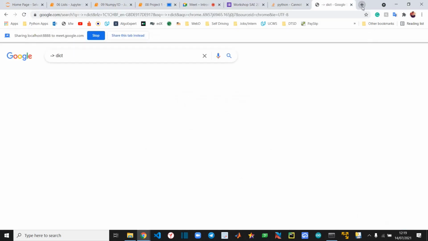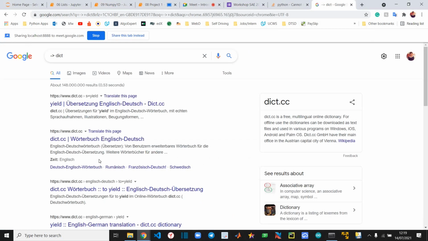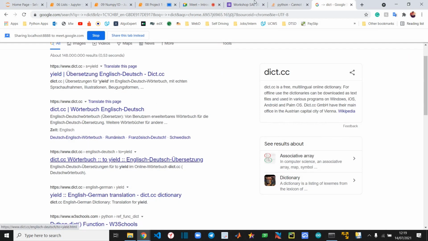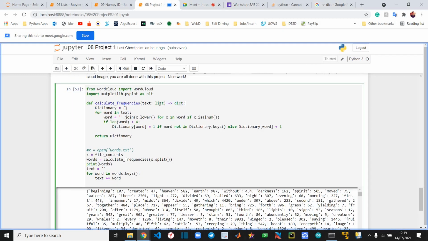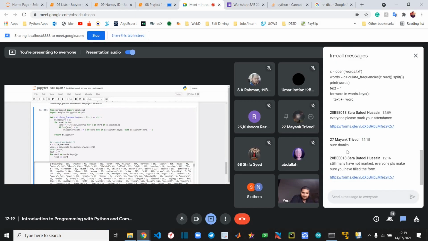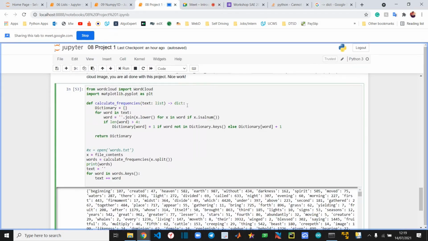Can you tell us why you have used this? I have used this with some classes. Mayank, what exactly is this doing? Why exactly have you used this syntax?